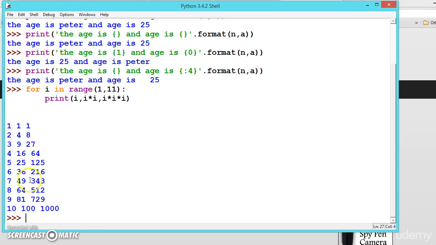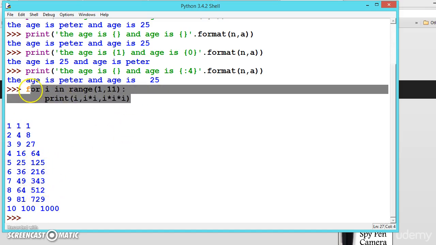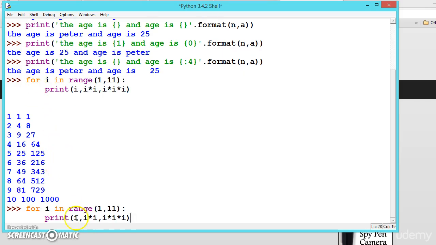See here, it is giving the result, but the format is not right. So for that, what we can do, we first copy, paste it here, and here you can give the formats.